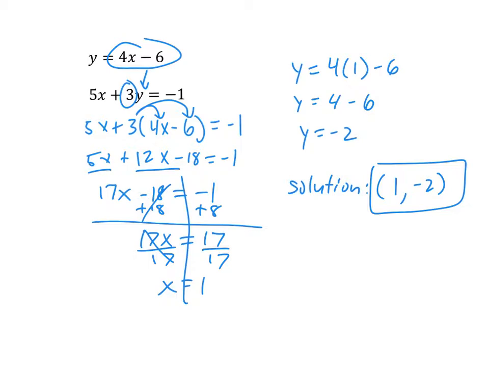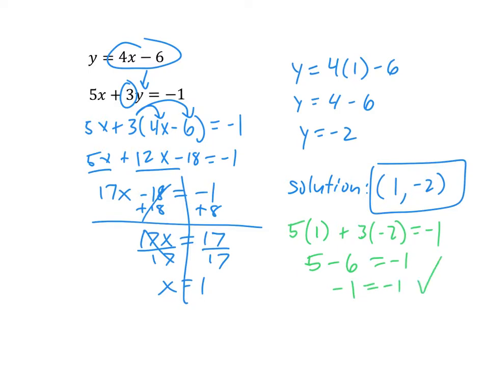Okay, and we can always check our answer by substituting our solution into one or both of our equations and making sure that we end up with a true statement. So let's do that for this one. We'll substitute into the second equation here, 1 in for x and negative 2 in for y. And we'll see if that all works out. So we'll have 5 times 1 is 5, plus 3 times negative 2 is a negative 6, so minus 6 equals negative 1, and 5 minus 6 is negative 1, which equals negative 1, so we can check it out,